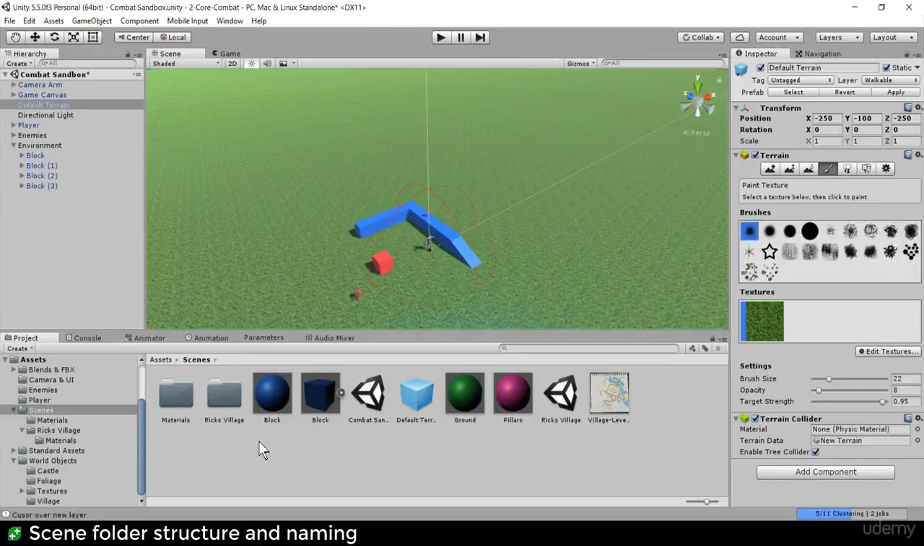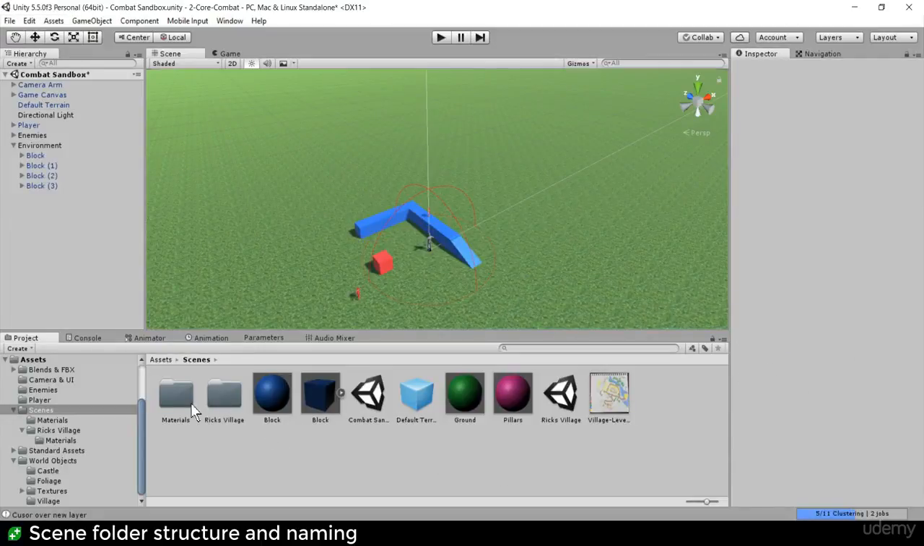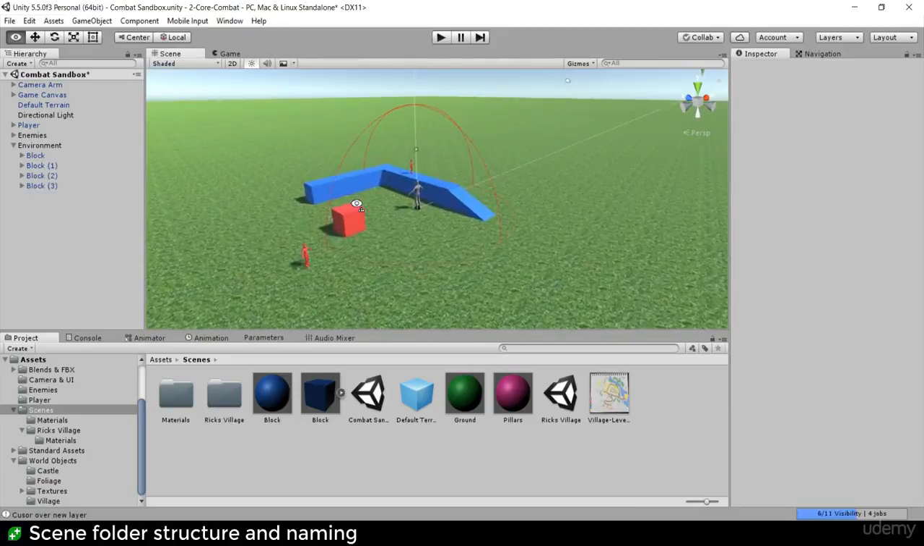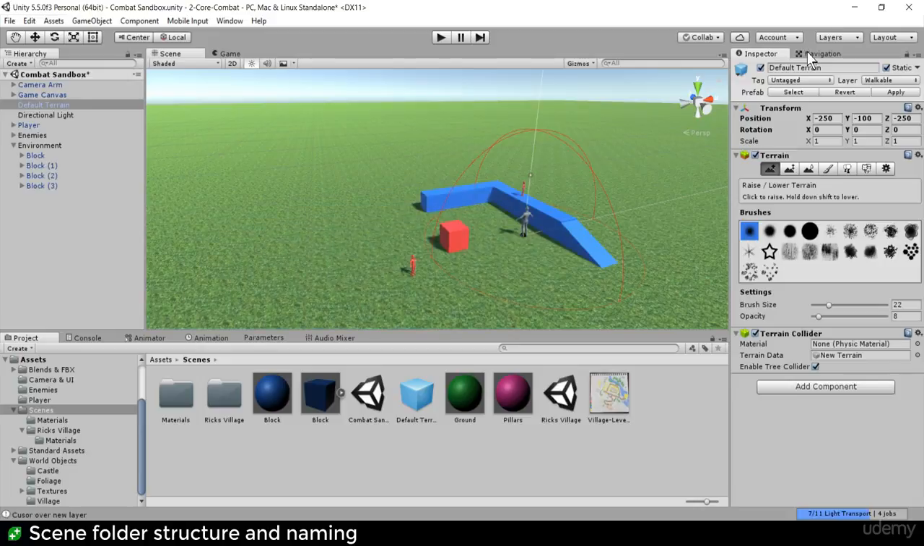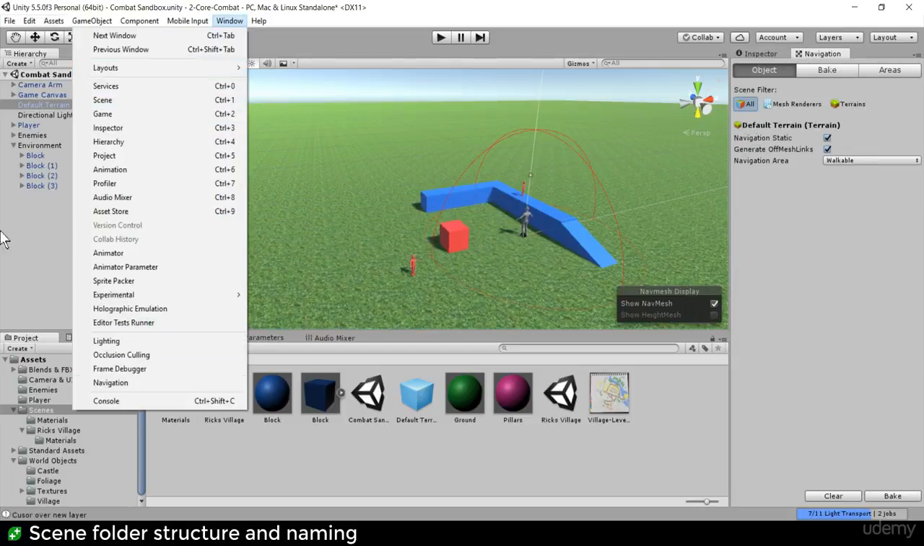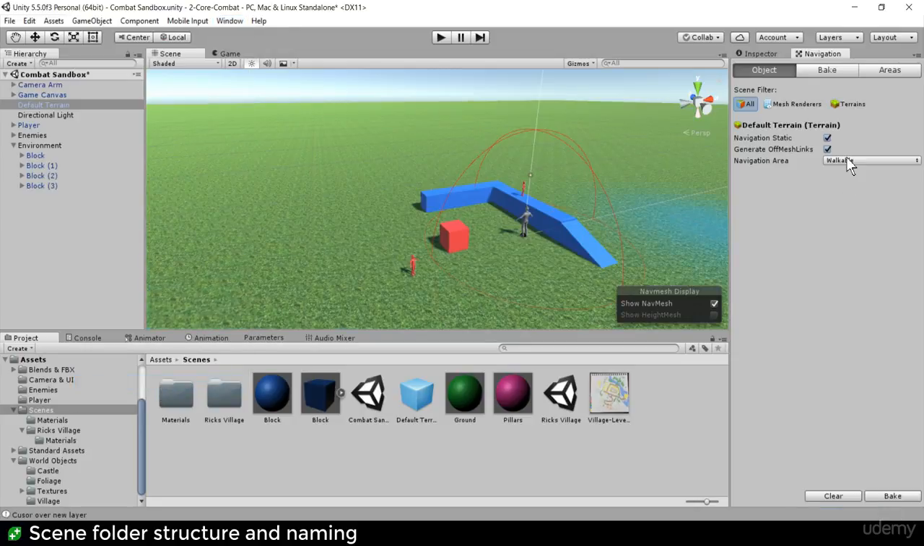Oh, hold on. Let me just finish on that. A couple of other things here. If I now, in my level, have a terrain, one thing we're going to want to do quite soon so these enemies can rush us, so they can walk towards us, is to add something called a nav mesh. So from the window menu, you can get to navigation. And Rick will do this with you in his scene. Window, navigation down here. And if I choose navigation static, create off mesh links and walkable like this, and bake,